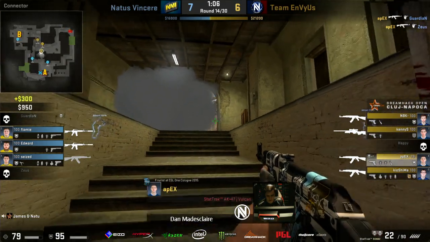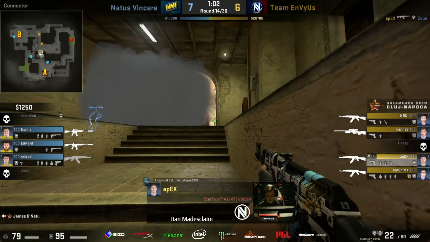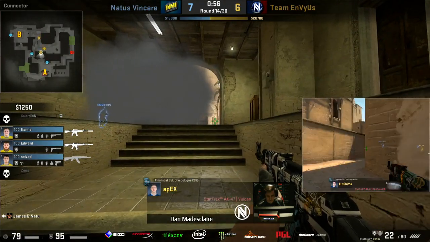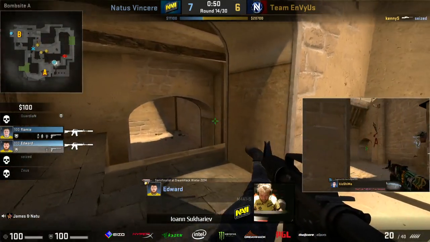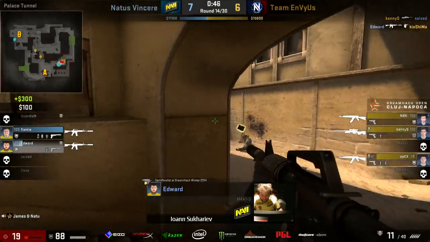That will allow him to take control of Connector, taking down Zeus as well as he tries to mount some offense for the NaVi side. 3 versus 4 after their early advantage. With the control in mid, you can see the bomb rotating towards A as well for the splits. That's the scary thing about EnVy right now, is we have players like Apex that can just create openings even after losing that entry. It's crazy, but Edward...